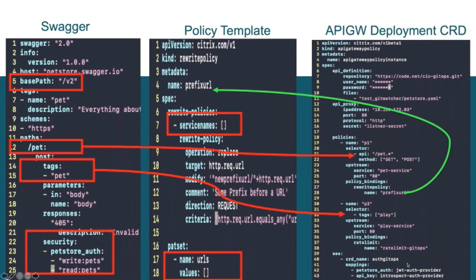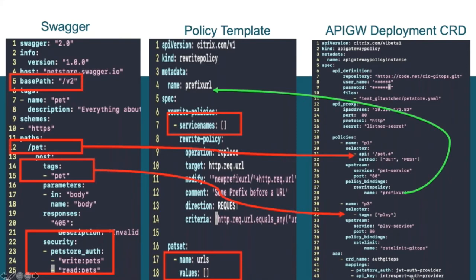This basically keeps it flexible for developers to go and write whatever they want, and then later all they need to communicate is like, okay, here when I say pet store auth, all I want is JWT auth, and then this mapping can be captured here. This is helpful even like onboarding your legacy Swagger specifications. And the good news is, if the developers, the API designers, are aware of what is the policy available in the backend, they could just say like JWT auth provider here. Then that means you don't need to provide any mapping. It just maps automatically.